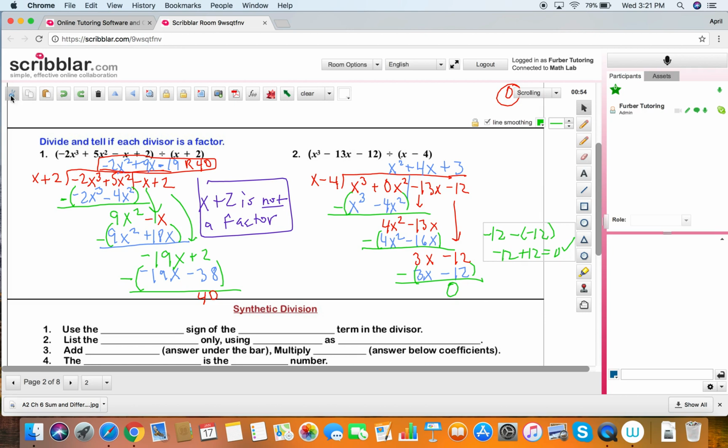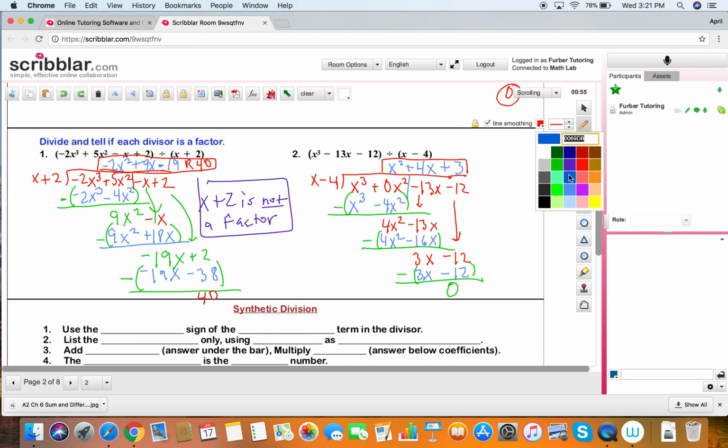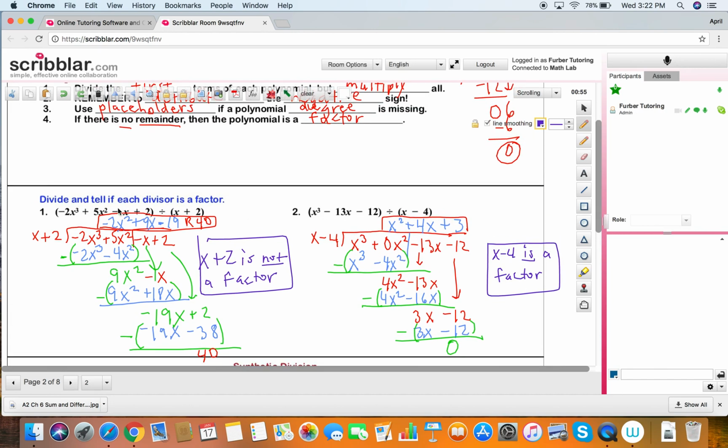So I don't have to write an r of any kind up here. So this right here is my solution to the division problem. But I'm asked to determine if the divisor, which is this, is really a factor. Well, the rule is if the remainder is 0, then it is a factor. So I'm going to write x minus 4 is a factor. And it happens to be a factor of this polynomial, or this if I don't want to keep the placeholder in there. So that's how you do long division, and that's how you determine whether or not something is a